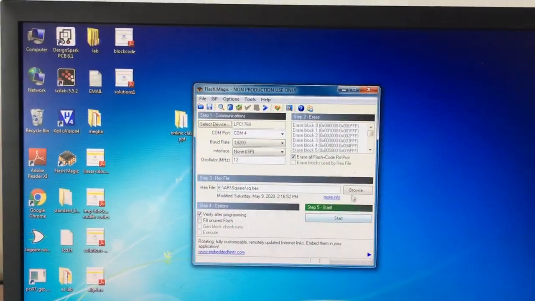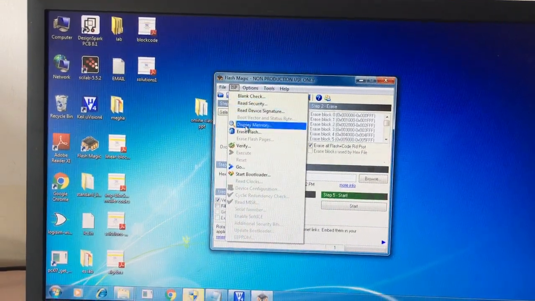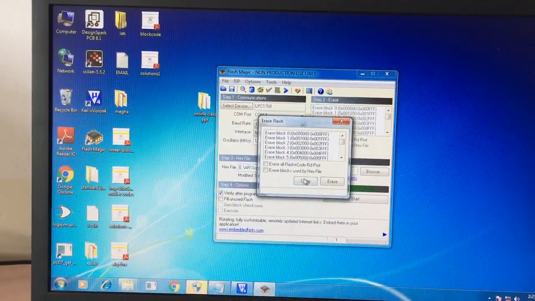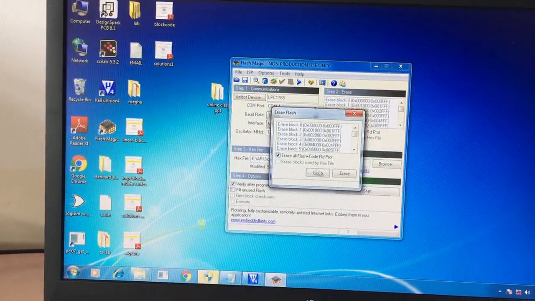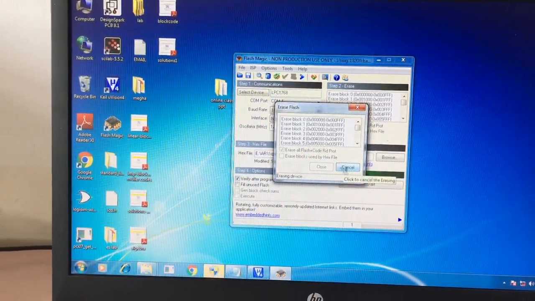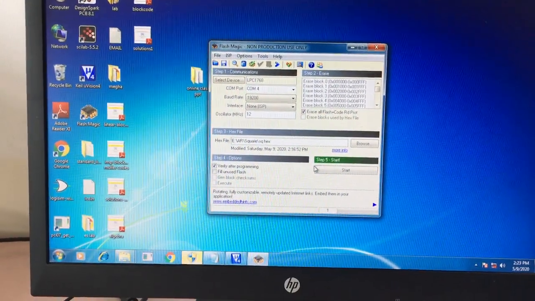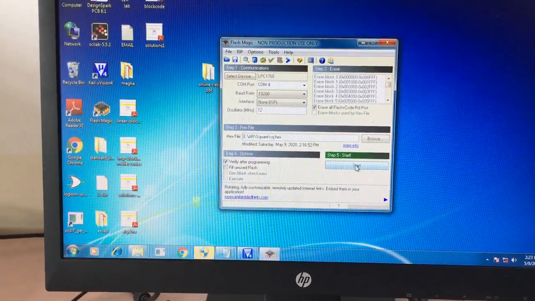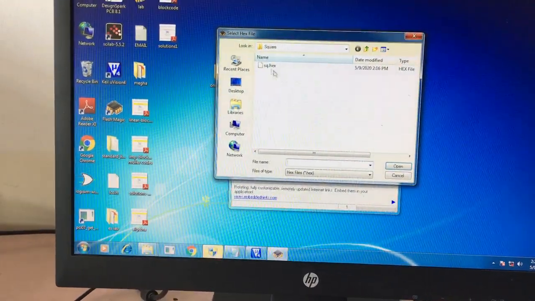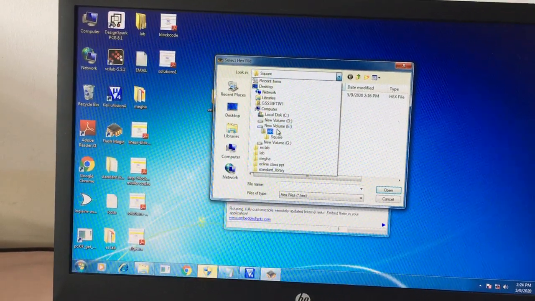Now I will first erase the previous programs. I go to ISP, the erase flash option is there, select that. You can choose any one of these, and choose this option, erase all flash plus code, erase. Now the previous programs are removed. Now I will browse and select the file.